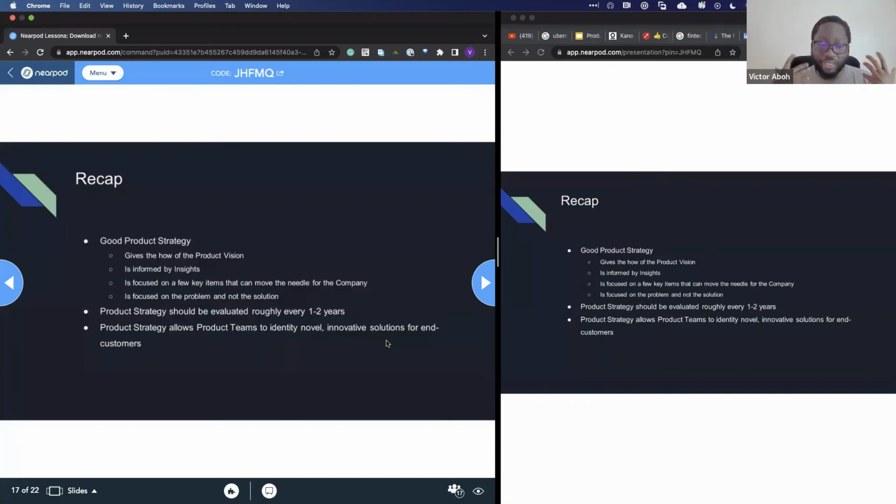So when we give our teams problems to solve, that gets them thinking, right? As opposed to when you give them a solution, they just go and implement the solution. And typically you don't have a lot of ownership over that, right? Because they told me to do X, I did X, right? So that's it for a lot of us. So that's, I think, the end of this. The next slide, we're jumping into a workshop. So I'll pause in case there are any questions that anyone has.